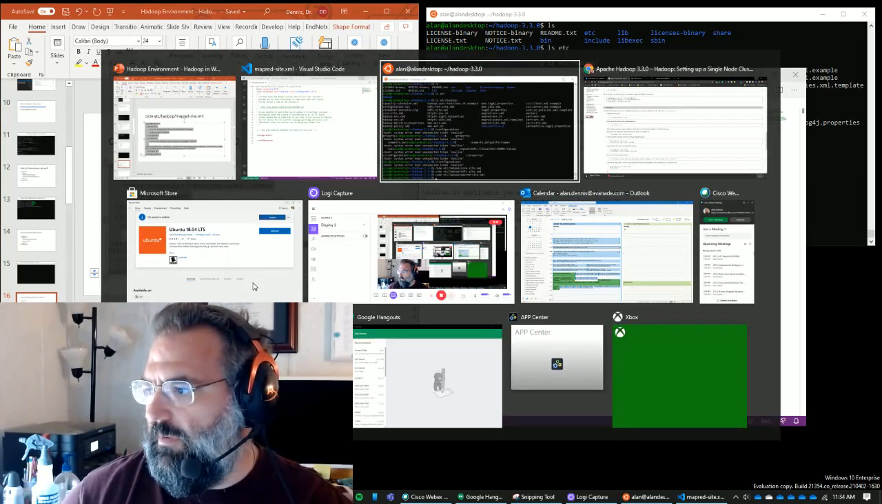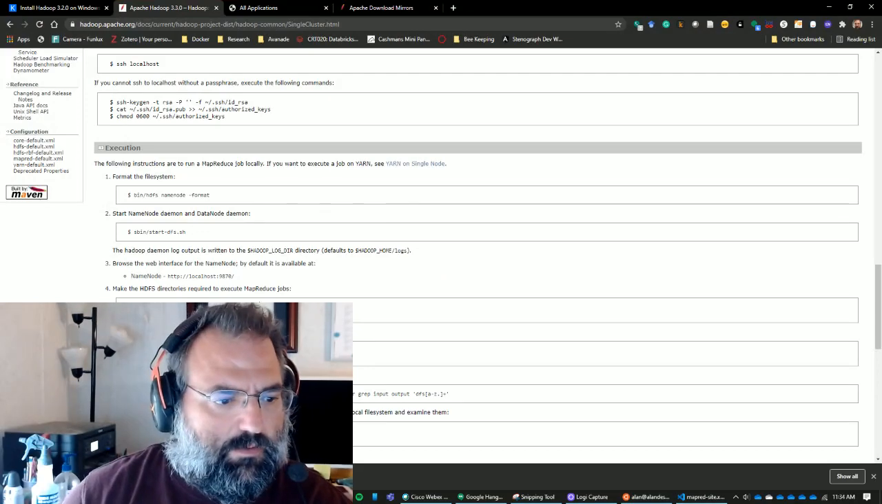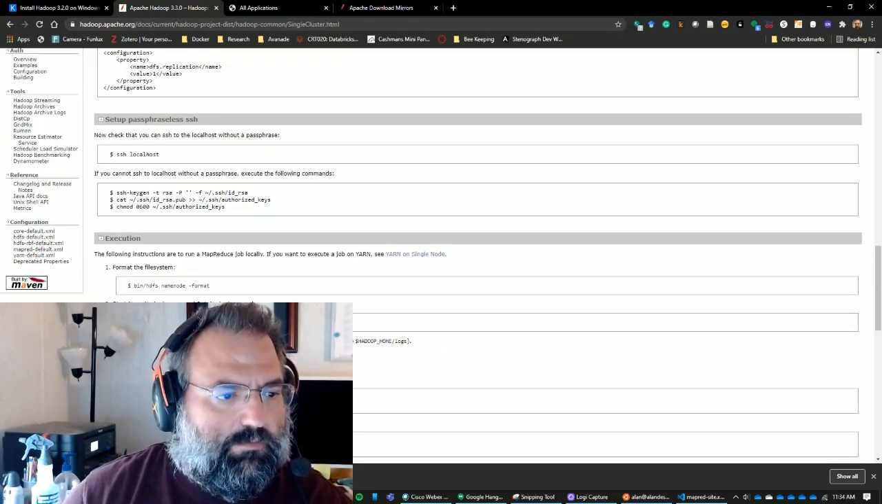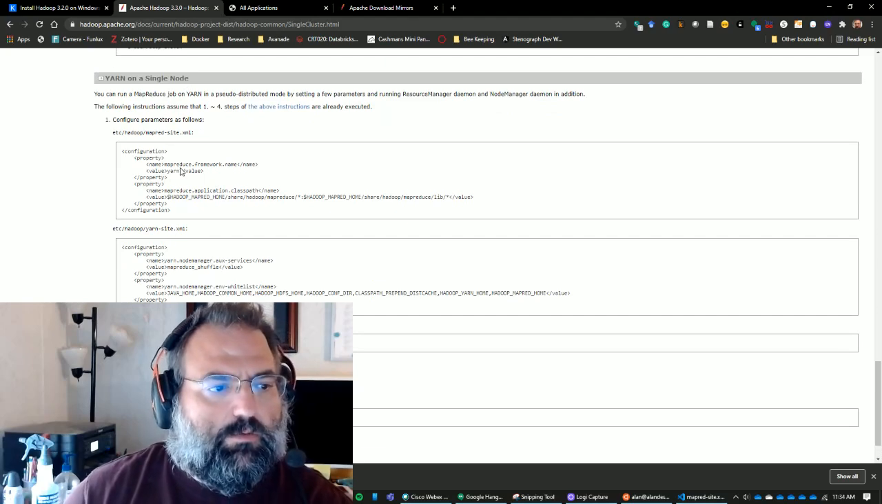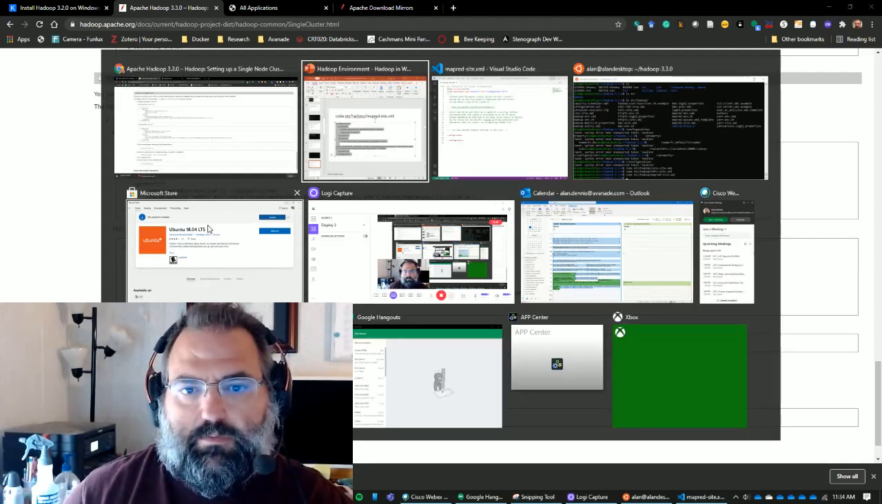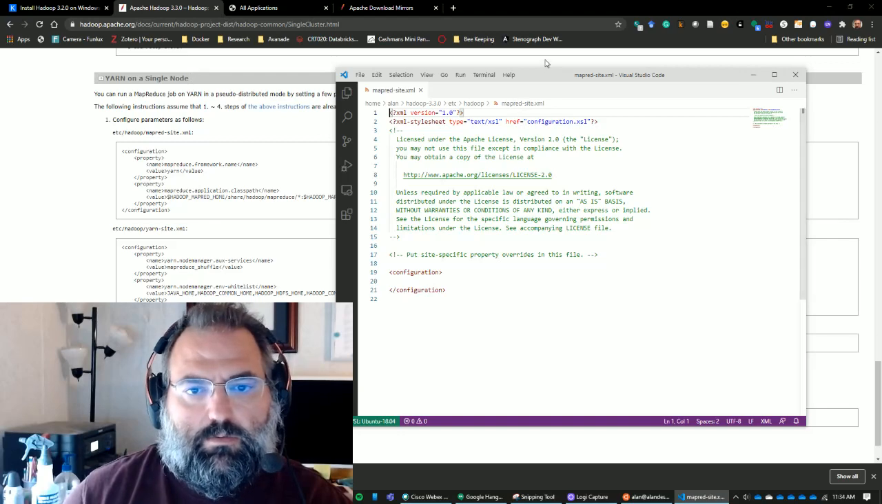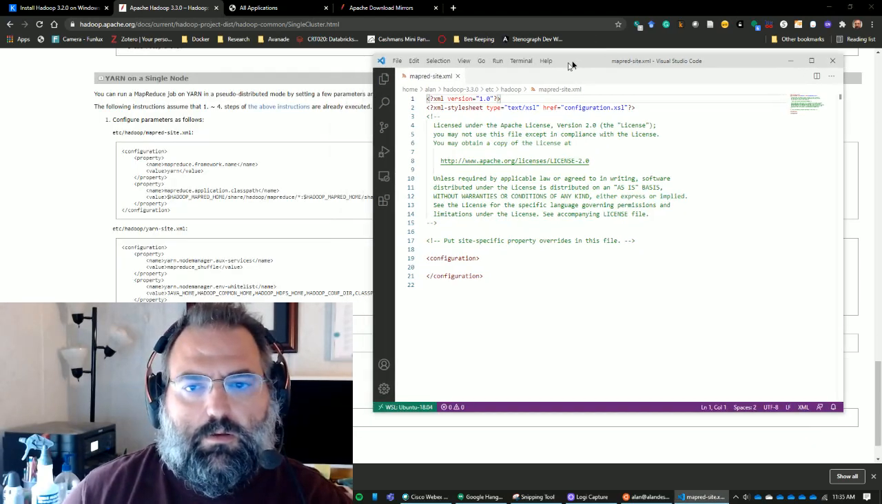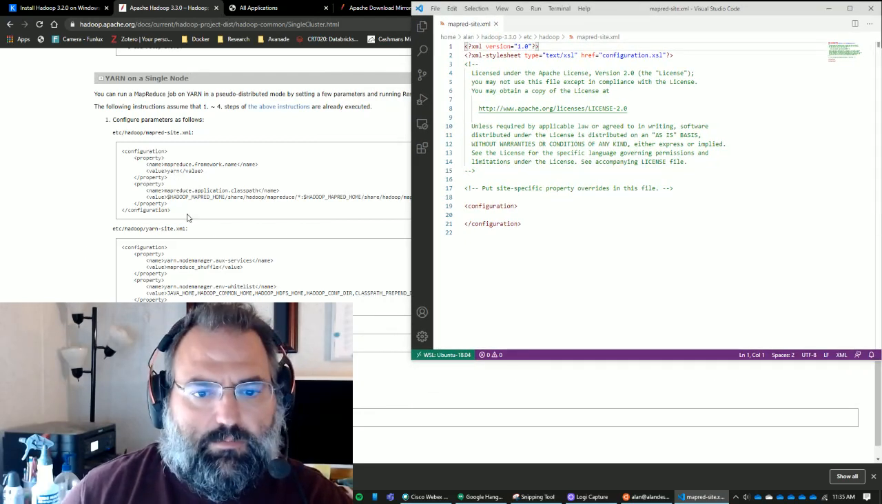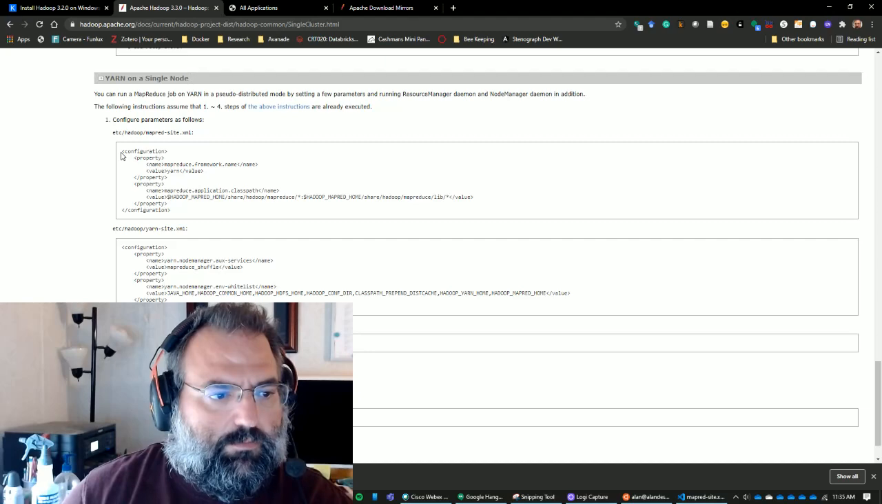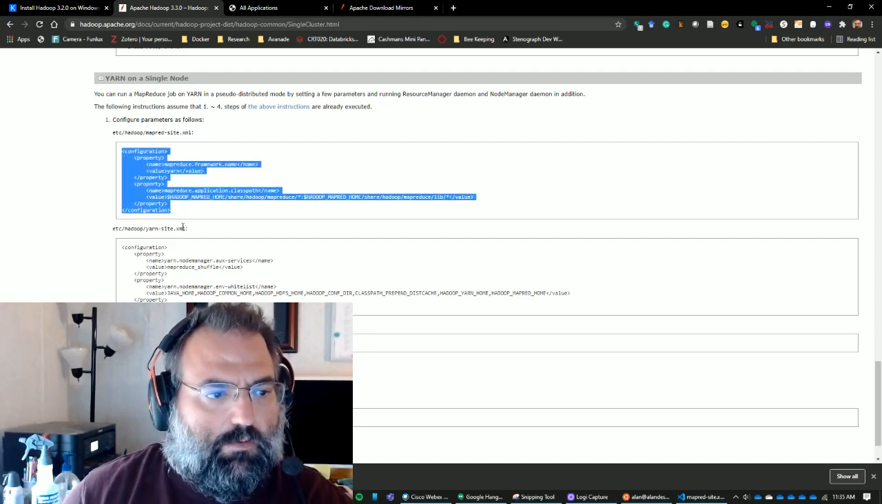And again, it is exactly the same thing that's inside of here down at the bottom part of getting yarn to run on a single node. So this is the mapred. So I clicked on the wrong thing. Get this up here in the upper right hand corner. And this is the same basic thing that I'm just copying over. So I can take it from here as well,